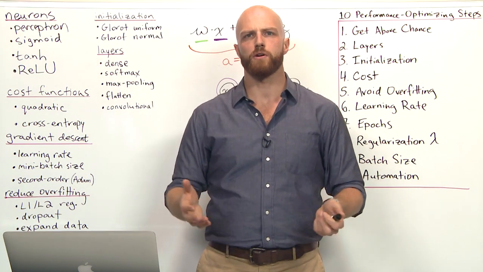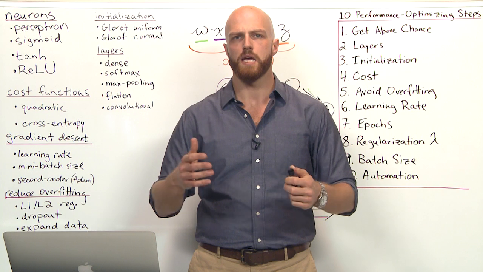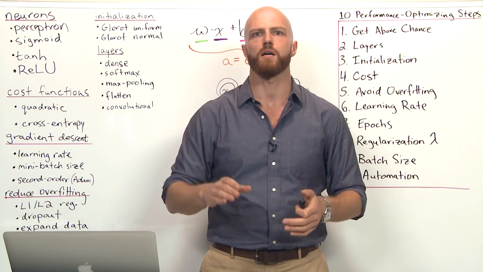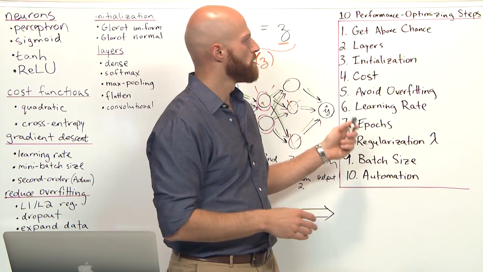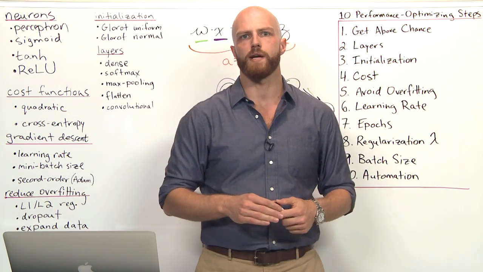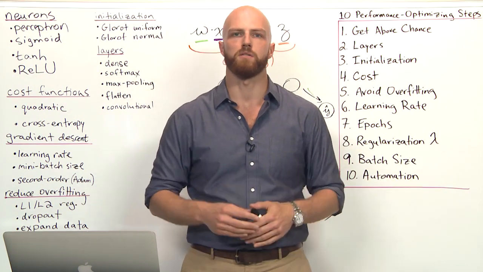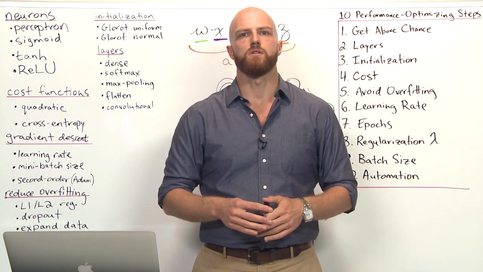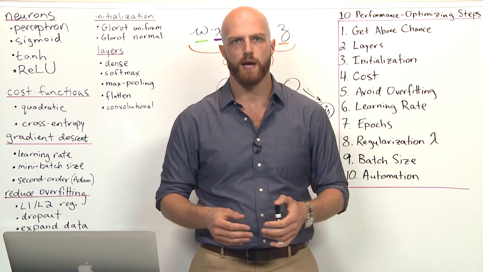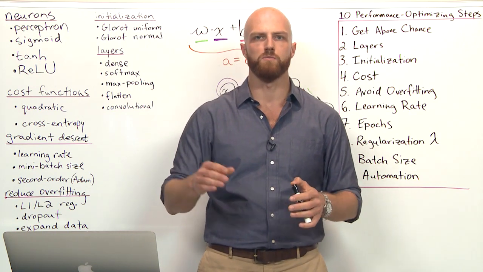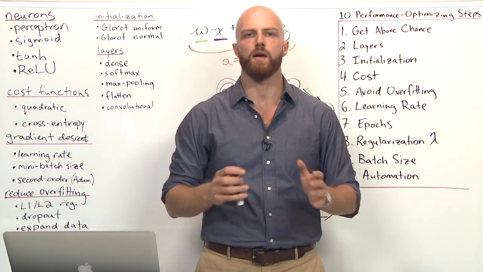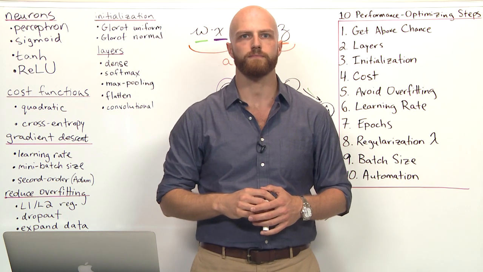So you want to monitor the cost in your network, how quickly your cost is decreasing over epochs, to tune your learning rate. For most of these hyperparameters that we're talking about here, you want to be monitoring accuracy, but with learning rate, it helps to look at your cost. Initially, you want to adjust your learning rate by orders of magnitude to find a relatively smooth cost curve. You don't want to have your cost jumping up and down. You want to have a minimal amount of oscillation in that curve. And then